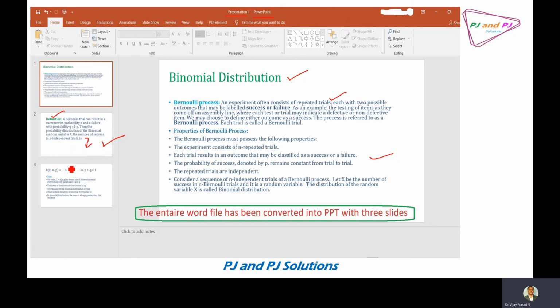Now if I don't press Enter, then this entire content will come into the second slide only. Like this we are going to arrange the things in the Word file and just click on the Send to PowerPoint button. It will automatically generate a PPT like this.